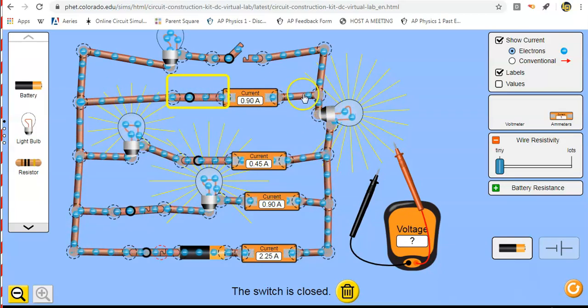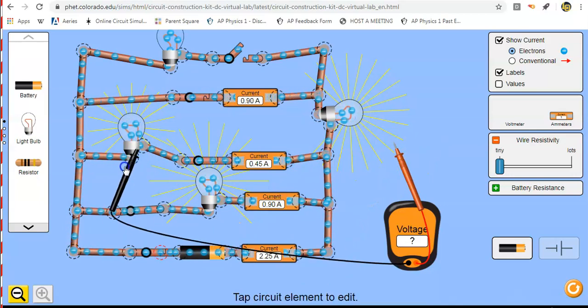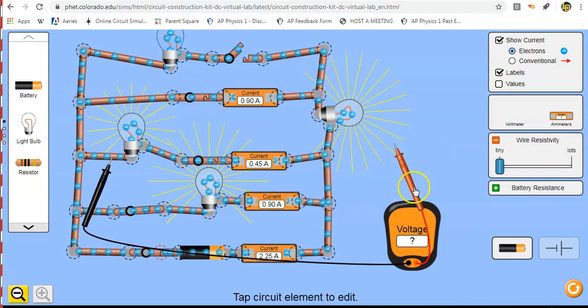This one is directly connected to this side and directly connected to there by wires, and so is this one on both sides. Actually, so is this one. It's connected to that same spot, and so is the battery. So right now, these three resistors, the three light bulbs, are all three in parallel with each other, and they're all in parallel with the battery, so they're all getting all 9 volts